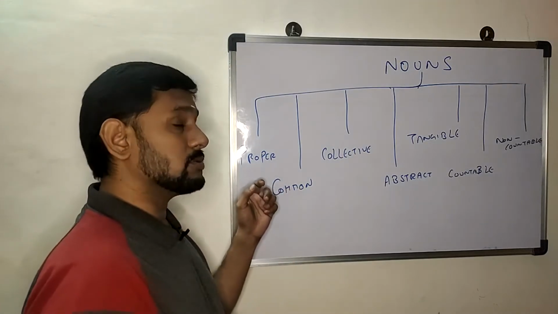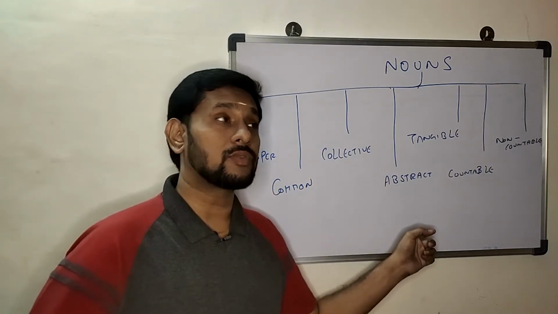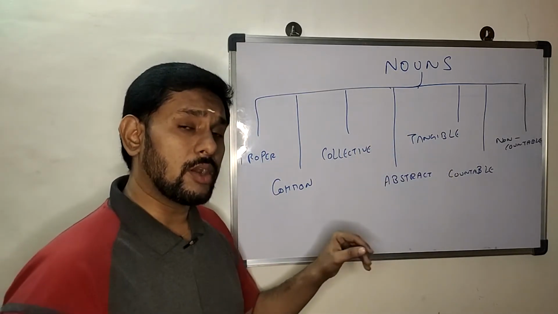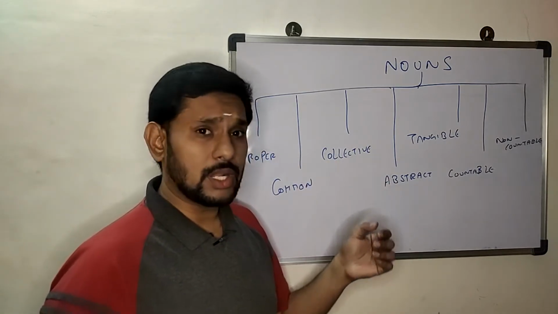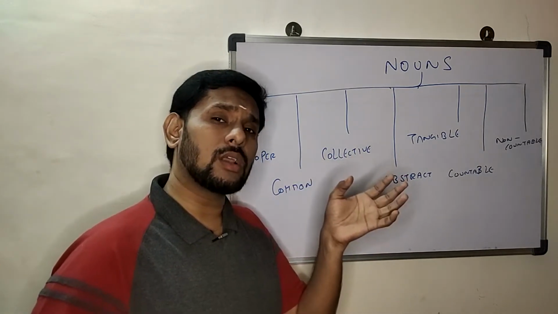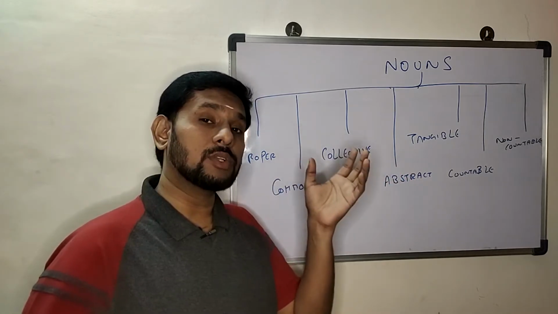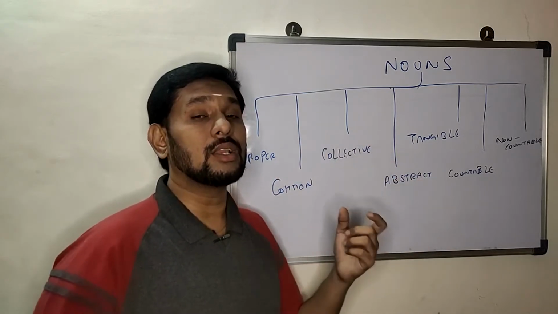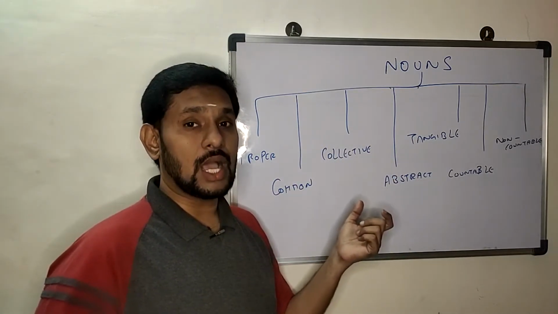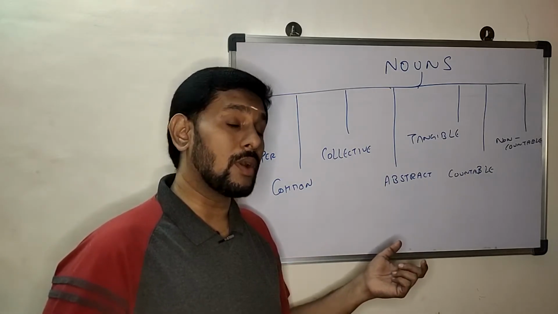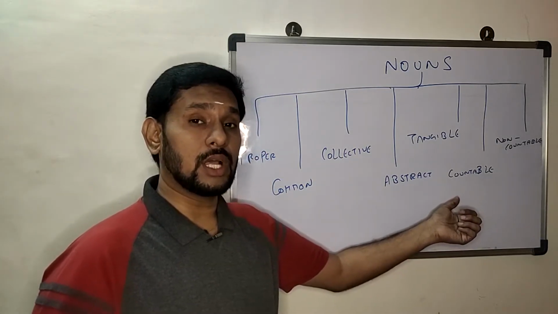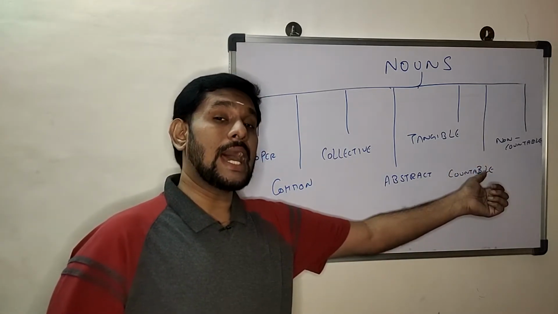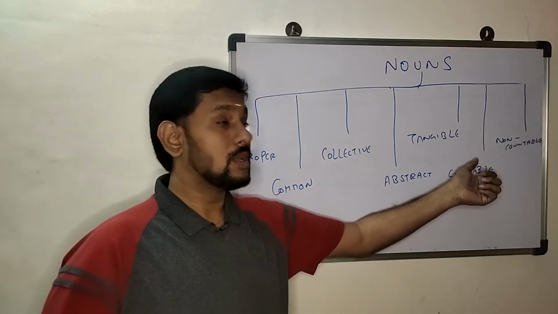So I hope you understood the difference between proper noun, common noun, collective noun, abstract noun, and tangible noun. The next two are ones people generally get confused about, countable and non-countable nouns. Now, when it comes to a countable noun, whichever noun you are able to identify with a numeric system, or you can assign a numeric system to, then that noun becomes a countable noun. Whereas if there is a noun that I'm unable to assign a numeric system to, and I end up assigning a metric system to that particular noun.